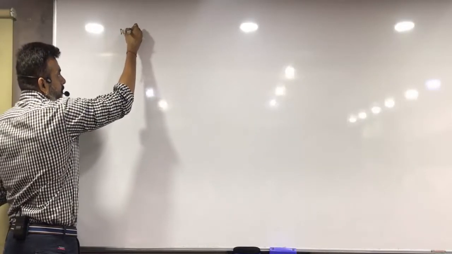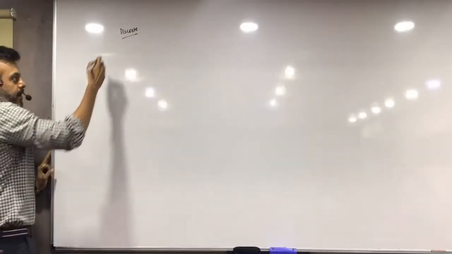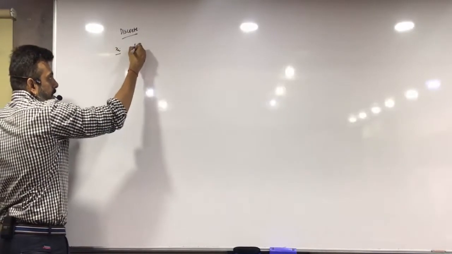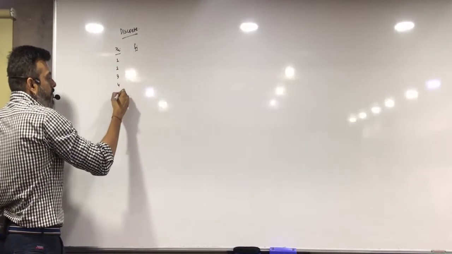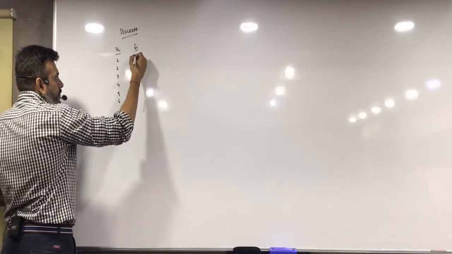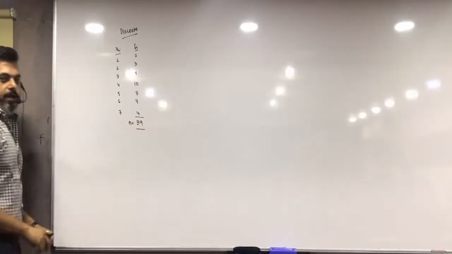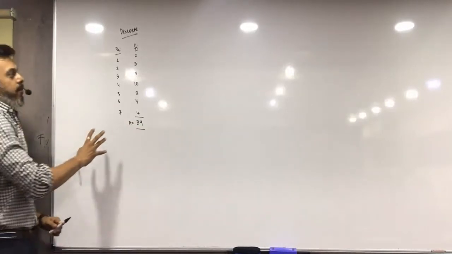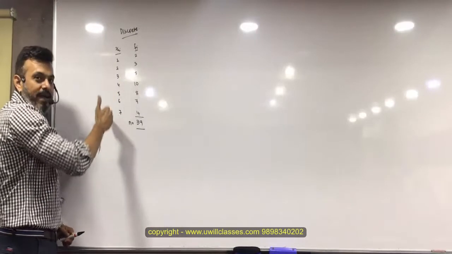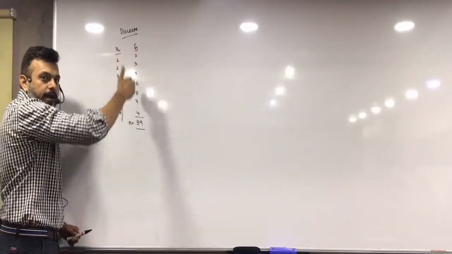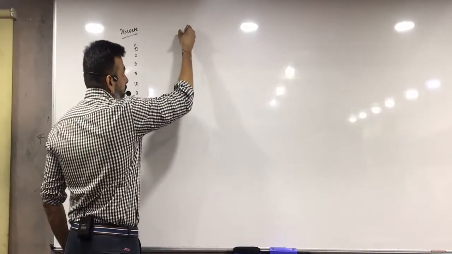Discrete data. First, let's understand what a discrete data is. A discrete data is where you are given xi and fi, for example 1, 2, 3, 4, 5, 6, 7, and n is equal to 39. This type of data is discrete data, where you have a variable xi and fi over here. Say, for example, if you want to find the median first,